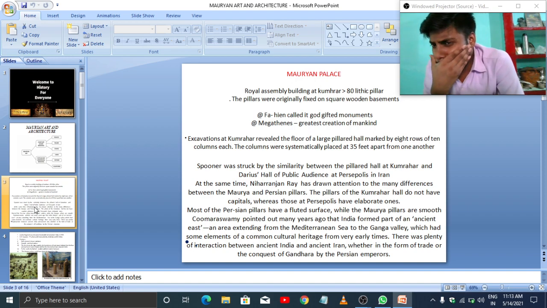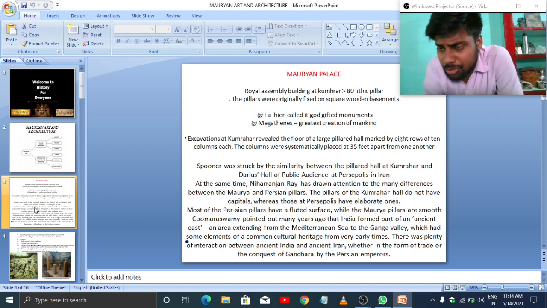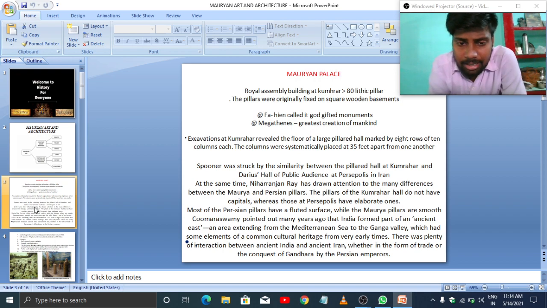Several scholars like D.B. Spooner, David Bernard Spooner, were struck by the similarity between the Mauryan palaces and the Achaemenid palaces found at Persepolis. Basically, several historians claim that the Mauryan palaces brought the legacy of palace-making from the Achaemenid Empire in Iran. But many historians also negate this, like